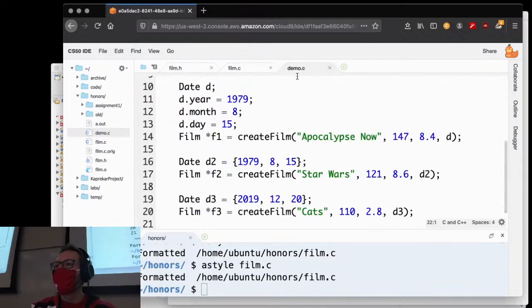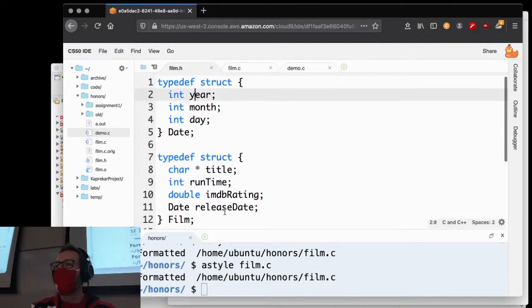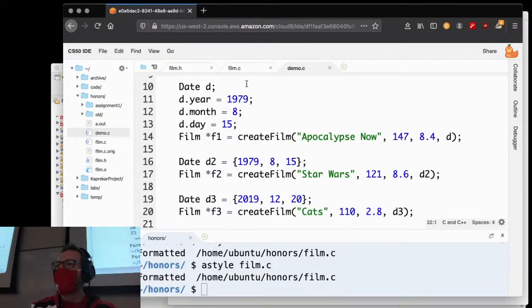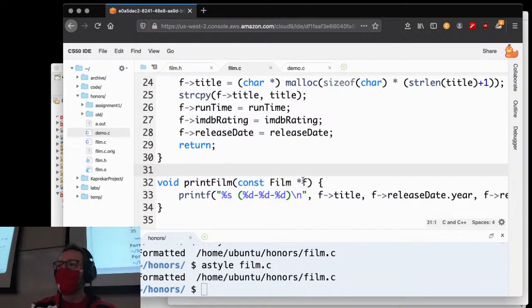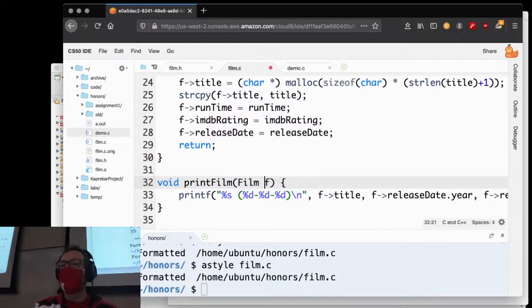What makes film a structure pointer and date not a structure pointer? The parameter that I gave makes it a pointer. F is a pointer. Why do you need F to be a pointer? You don't, but if you do it like this, then